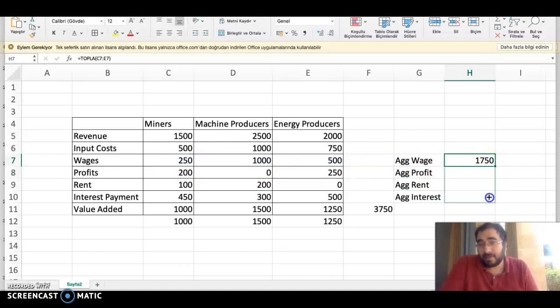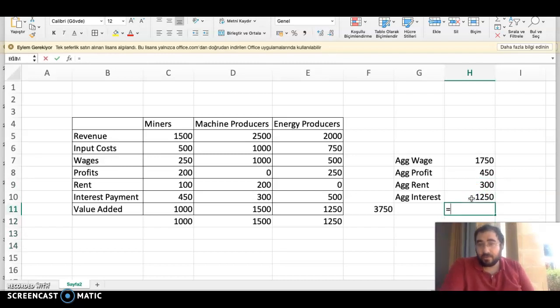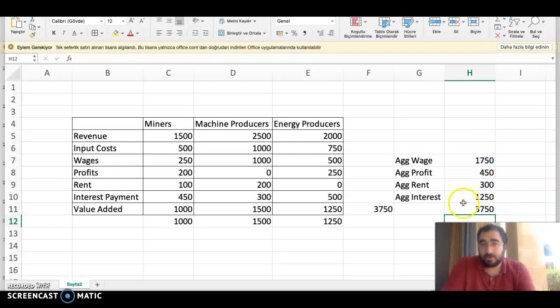So aggregate wages is 1,750 units. Aggregate profits are 450. Aggregate rent is 300. Aggregate interest is 1,250. If we add all of these to each other, again we get our GDP, which should be equal to